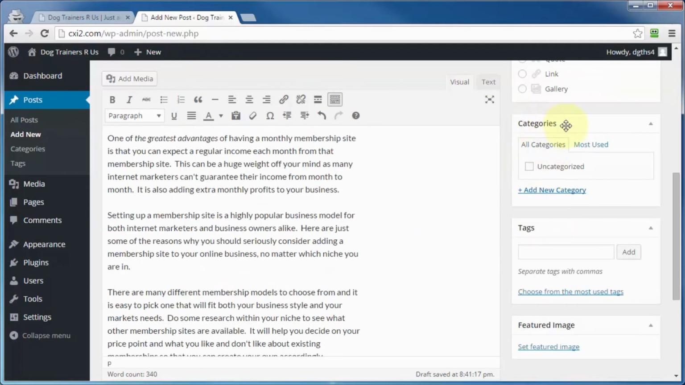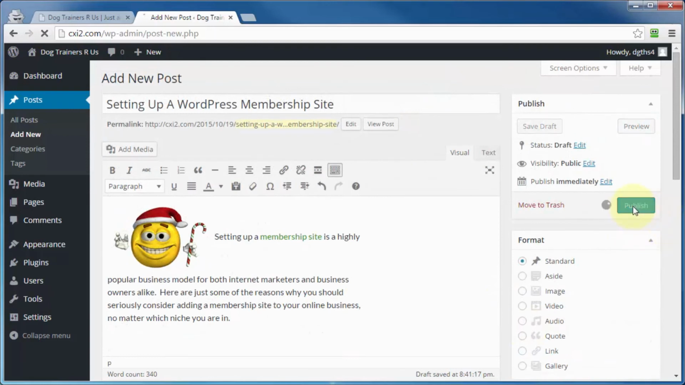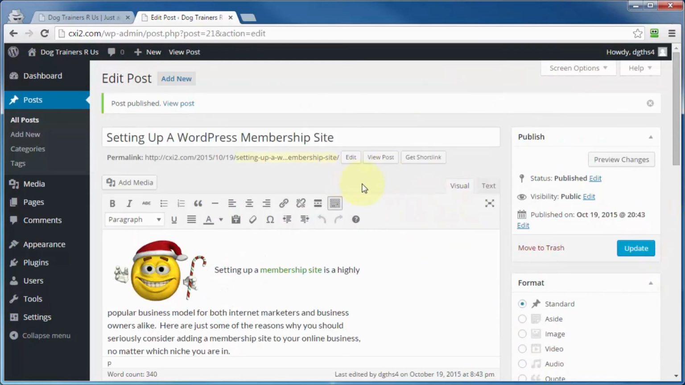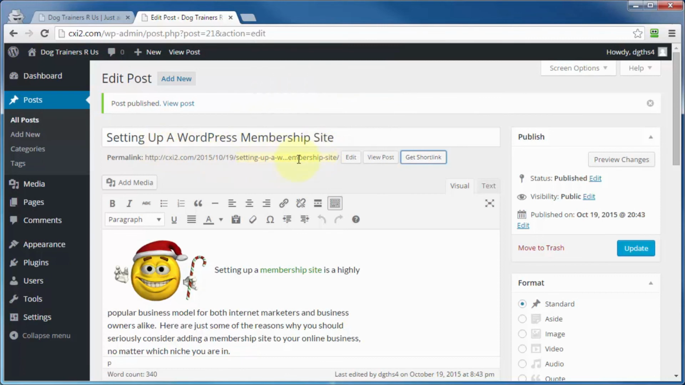Then again, you've got the categories and tags, which, as I mentioned earlier, will simply help keep this post organized. And you got the featured image module down here where you can set a featured image for this particular post. And when you're ready, go ahead and click on publish, and your post is ready to be seen by the world. And you also have this get short link button. If we click on that, you can see that you're presented with a much shorter link than the default URL here. And that's it. That's going to bring us to the end of this video